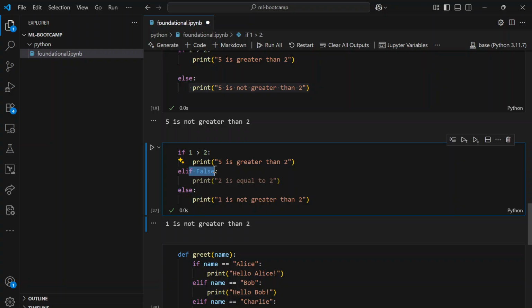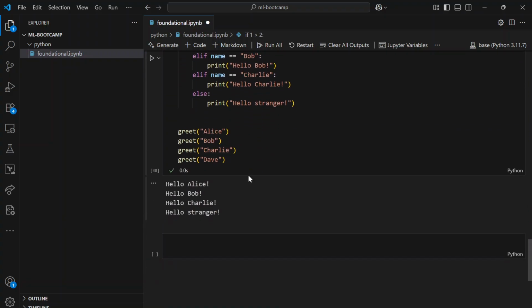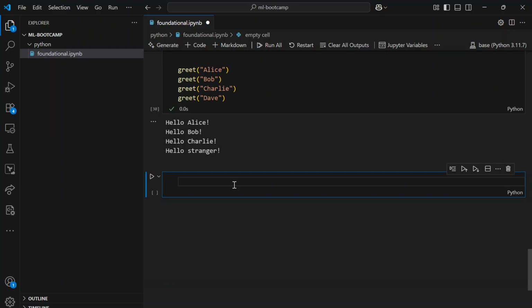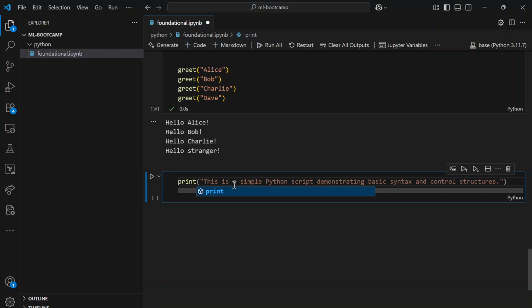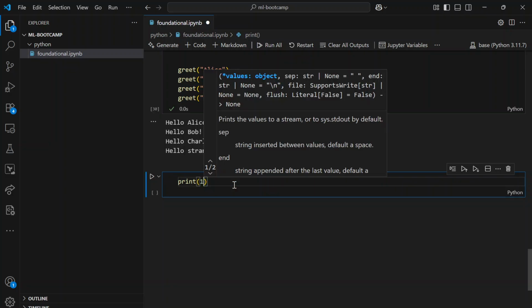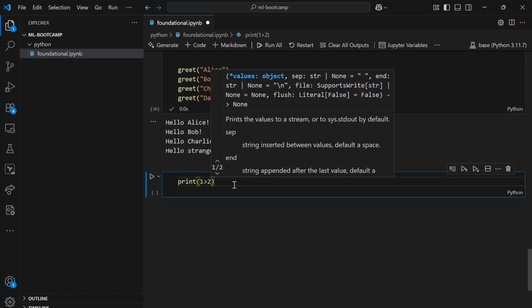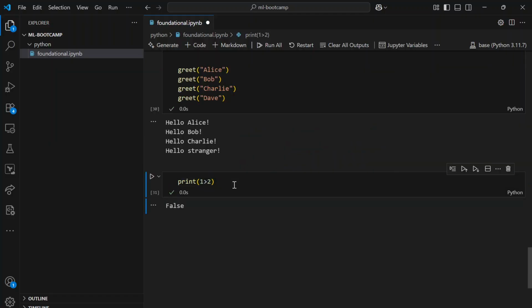I've also shown you boolean operations, so I just wanted to give you some more examples here. For example, if we have this kind of case, 1 is greater than 2, let's see the output. So this is false. And if I say 3 is greater than 2, sorry,